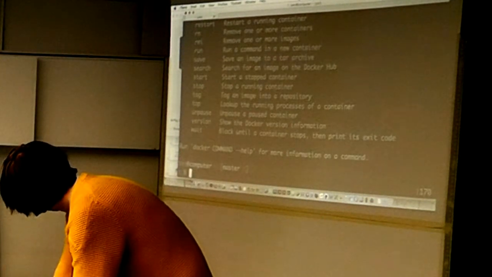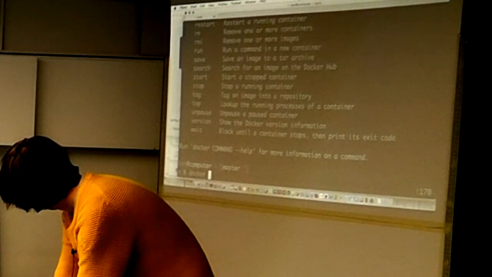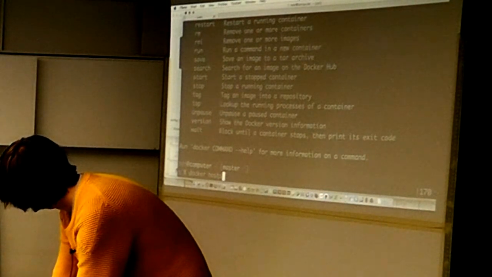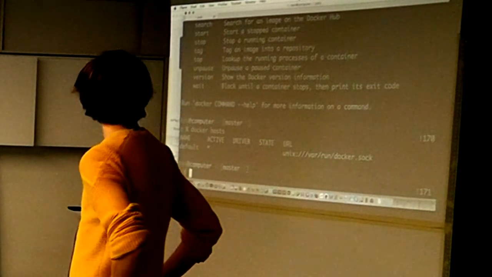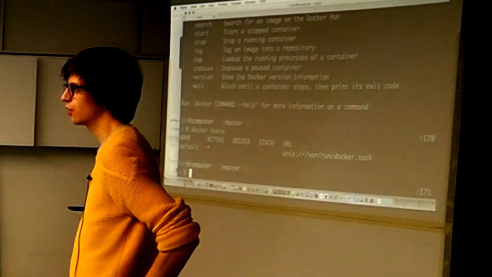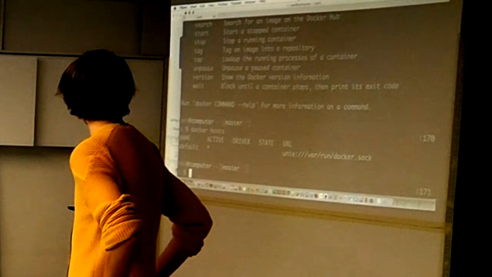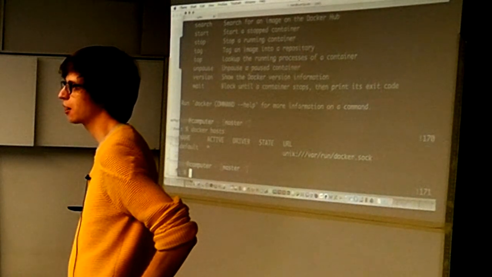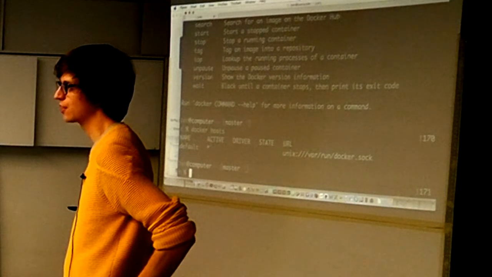If you ever use Docker, this is probably familiar, but we've added a new subcommand called hosts, which ships by default with a host called default, which is just what Docker already does. But using this hosts command, we can create new hosts directly from Docker itself.